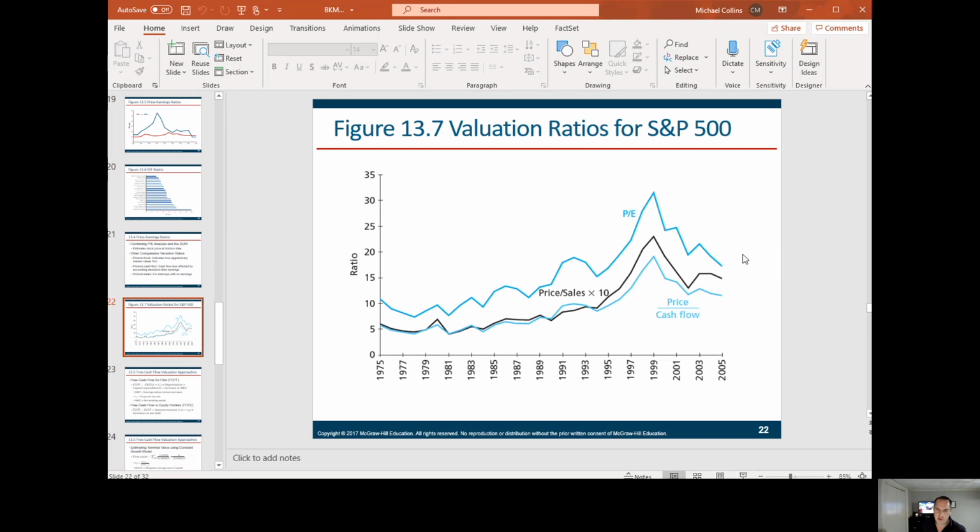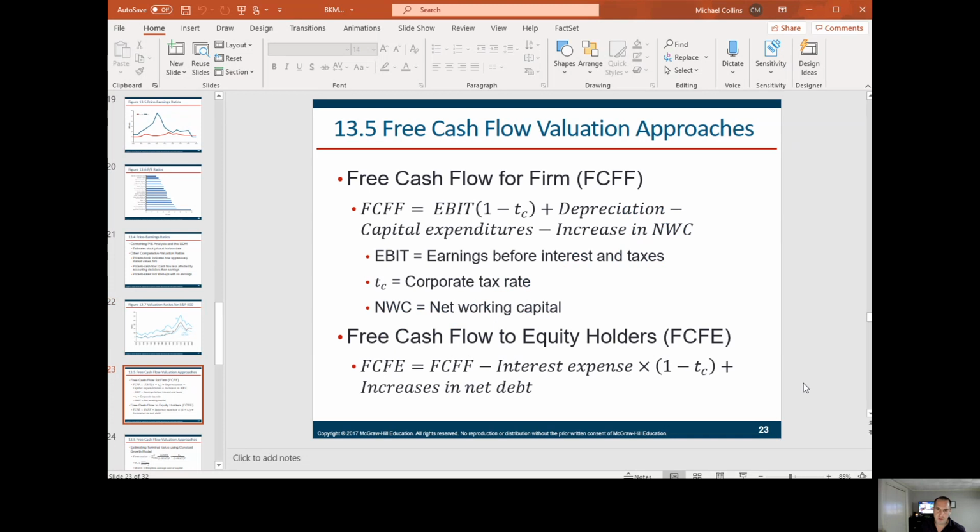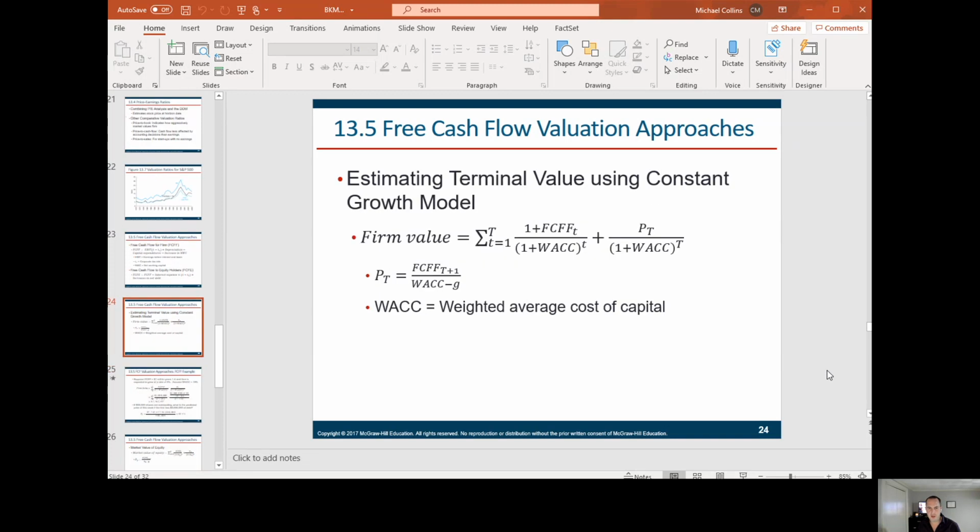Again, here are some valuation ratios for the S&P 500. You can see here 1999 is expensive by every measure. Free cash flow for the firm is a way of looking at free cash flow. If a firm has cash flow, maybe not profits, you might want to value the firm via the cash flow method. You can also use free cash flow to equity holders. Again, this is not a common measure that I use. It is helpful for investors looking at stocks with dividends, because if your firm has heavy cash flows, it usually has the ability to pay dividends or increase them.